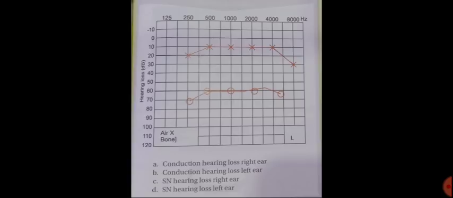Now again they are asking you, can you interpret the diagnosis by seeing this audiogram? So again it's a more straightforward question. So here you can already see an air-bone gap, so it is a conductive hearing loss. Now the key is whether of right ear or left ear. For that you should know and recognize the symbols. What is the symbol used for masking? So all of them have been defined in the audiogram, do watch that.